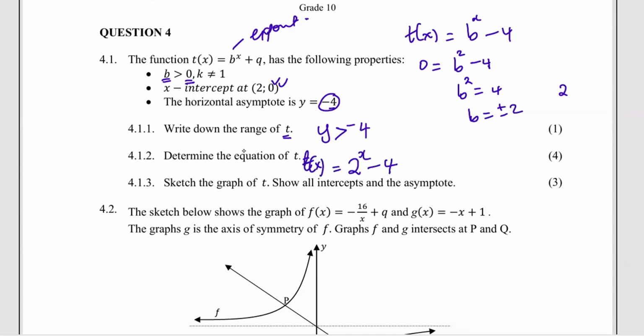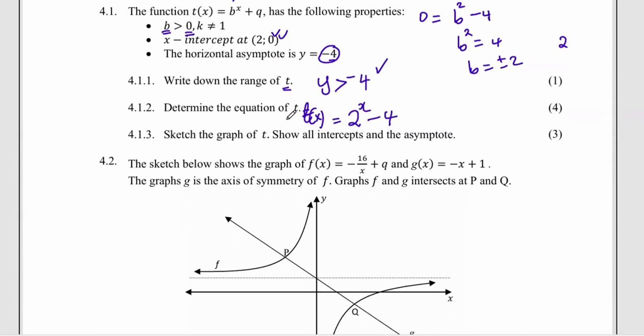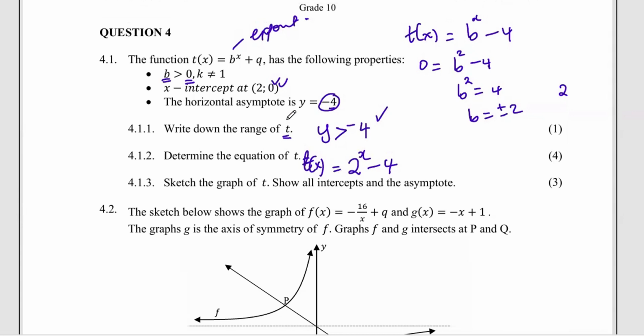So if the b is greater than 1, meaning that this asymptote is correct, or that range is correct. Okay, so what we needed for the equation, first replace the asymptote and then use these coordinates to do the substitution. Then they want us to sketch